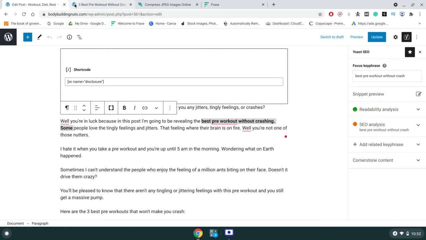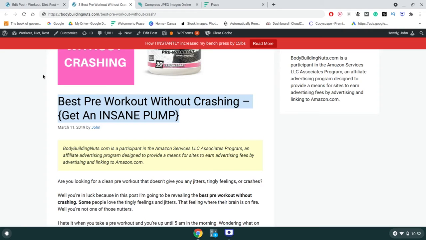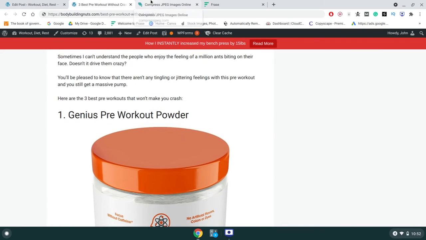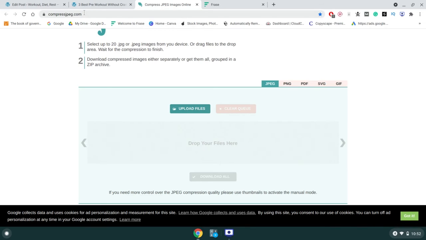Next up is you're going to want to make sure your site is loading quickly. And in my opinion, the biggest thing that slows down the website is the images. What I like to do before I upload an image is go to compressjpeg.com, or you can go to compresspng.com if you have a PNG image. You can simply upload a file